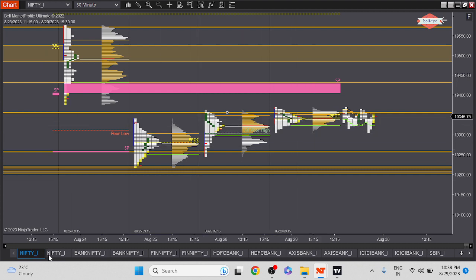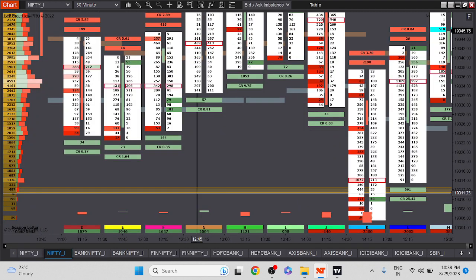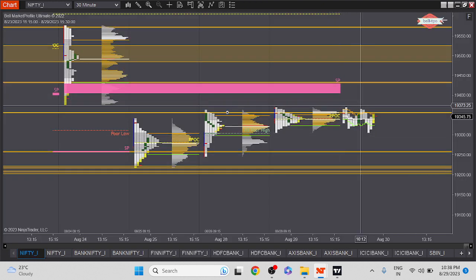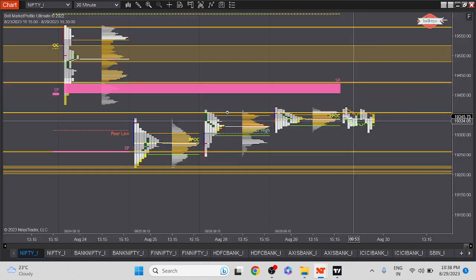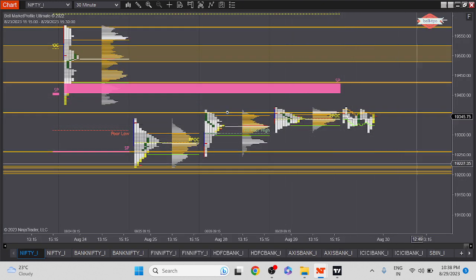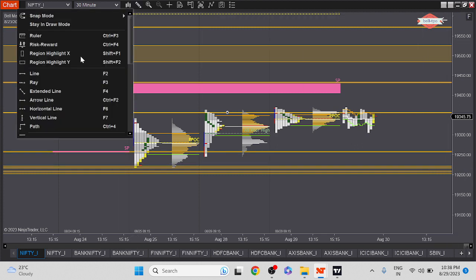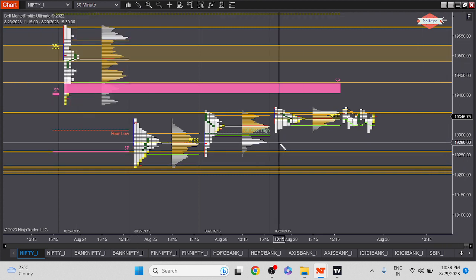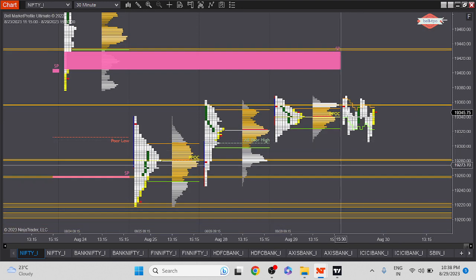If you see today, there were no volumes in the market on order flow, and the trade that happened was in a very small range. On the lower side, this would act as a support. This 19280 will act as a support for the market. So the market has multiple supports on the lower side.